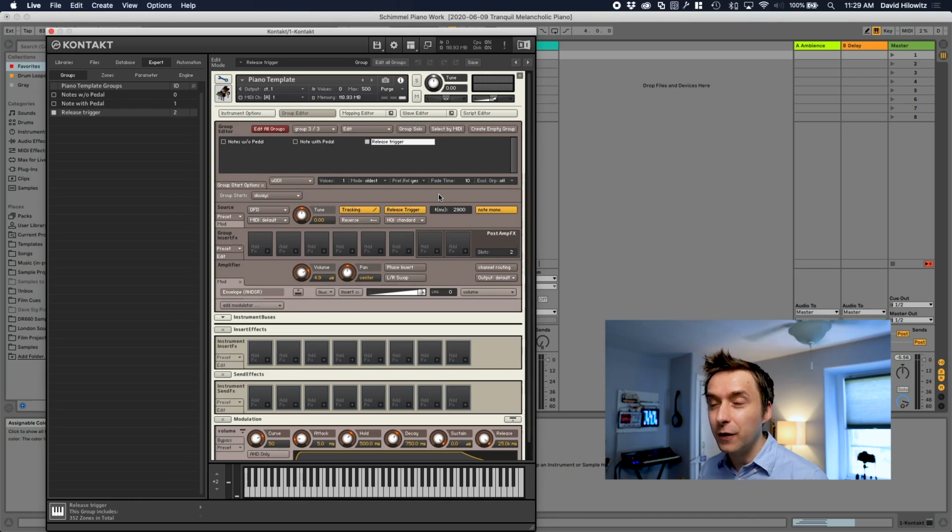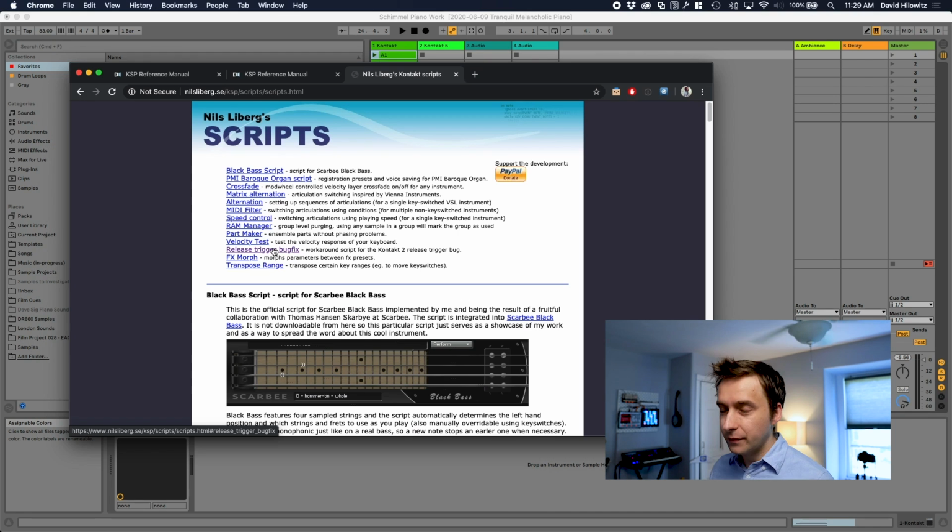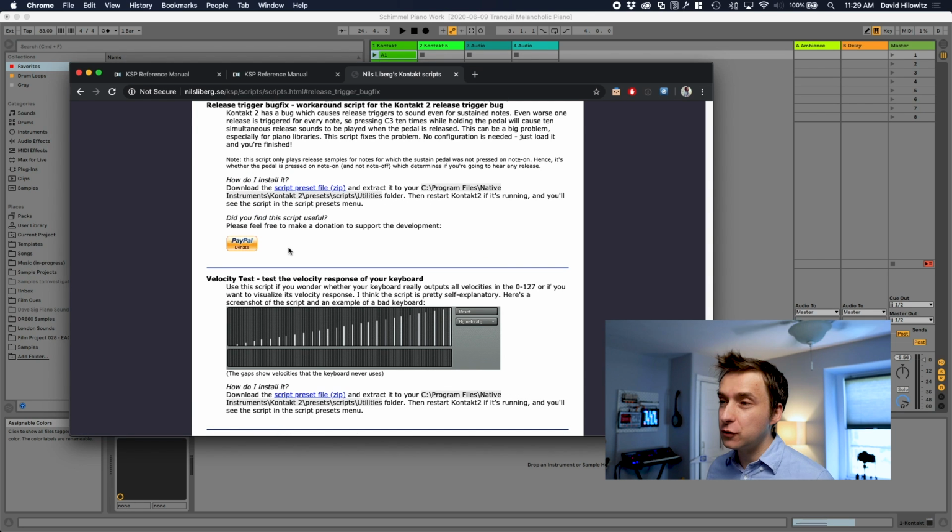So the script that everybody has used, basically going back about 15 years, was written by a guy named Niels Lieberg, or Lieberg, I actually don't know how you pronounce his name. He is one of these like veteran Kontakt coders. He wrote one of the early third-party manuals for like how to do KSP scripting. On his website, which is showing its age a little bit, he's got this wonderful release trigger bug fix, which